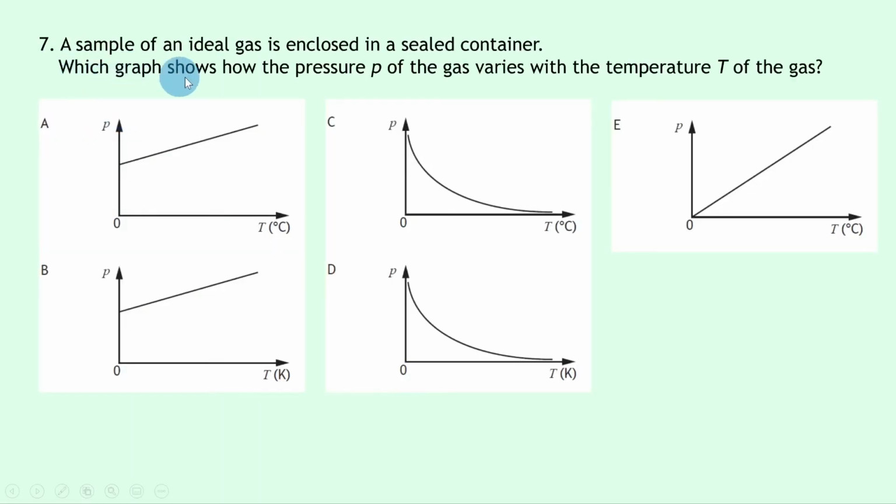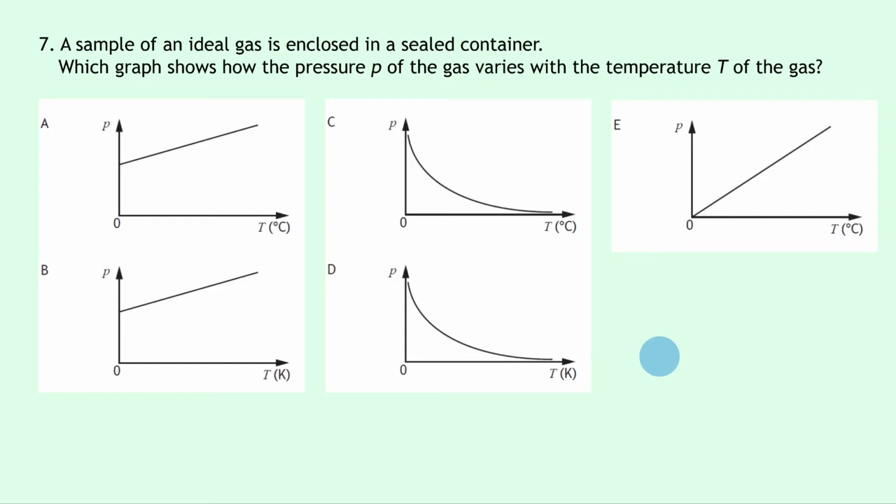Question 7 says a sample of an ideal gas is enclosed in a sealed container. Which graph shows how the pressure P of the gas varies with the temperature T of the gas? Well, remember the relationship between pressure and temperature is to do with Gay-Lussac's law, i.e. the pressure-temperature law. And remember this says that for a fixed mass of gas at constant volume, pressure and temperature